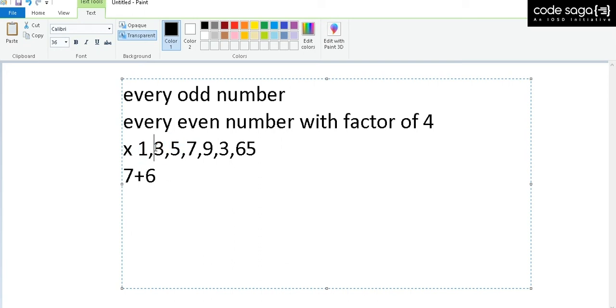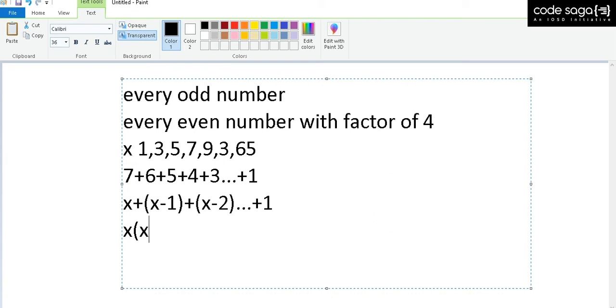Similarly every 3 I will select, which will be 5, then 4 for every 4, then I will consider 5, 3 until 1. So what that means is it will be x plus x minus 1 plus x minus 2 until 1, which is obviously easily you can show as x into x plus 1 by 2. So the chain of x odd elements will have x into x plus 1 divided by 2 number of contiguous subsequences which are odd,